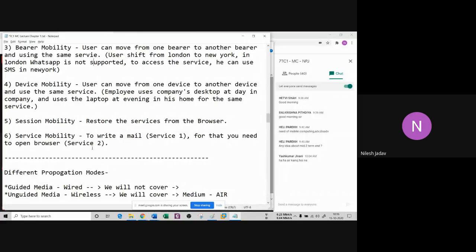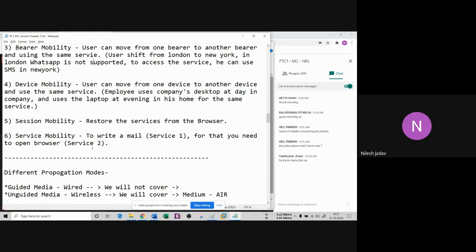Session mobility says the session is going to be resumed, started or ended in your browser, just like Firefox. I had given you an example. If there are 3 tabs available right now, and you close your browser, and then start your browser after some time, you will see that it asks whether it can restore the 3 tabs which were earlier opened. It's something like session mobility.